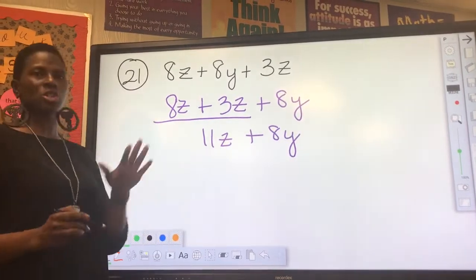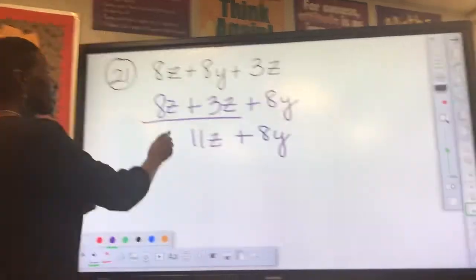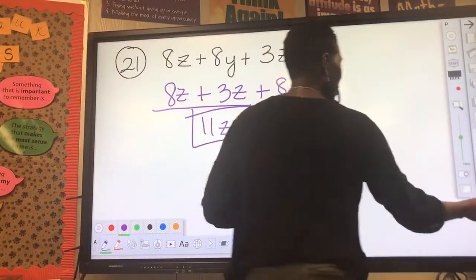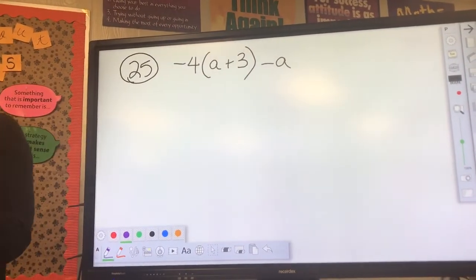Can I combine these two? No. Why not? Because they are not like terms. So that is going to stay just like that. Everybody good? Yes. Great. Next problem. Negative 4 times a plus 3 minus